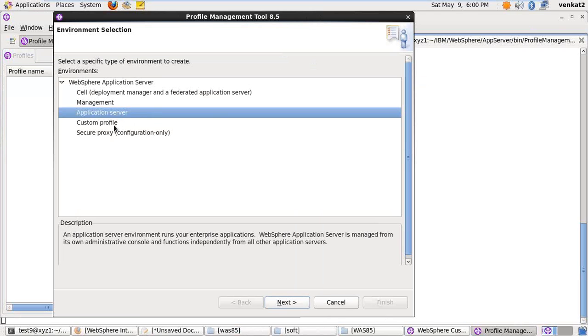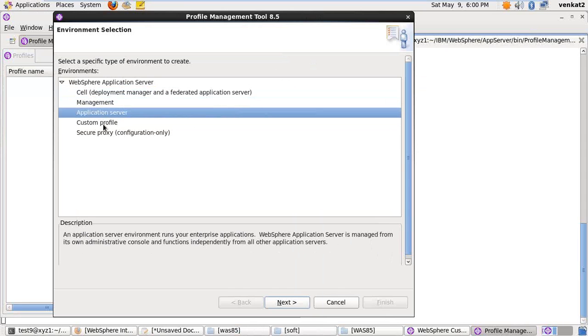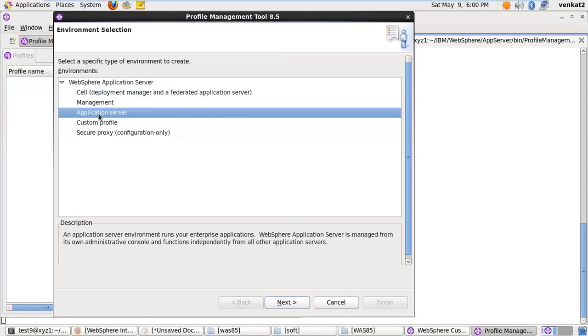So these are the profiles we have in version 8.5. Version 7, 8.0, and 8.5 profiles are the same: cell profile, management, application server, custom profile, and secure proxy. So I'm creating the application server profile. This application server profile creates